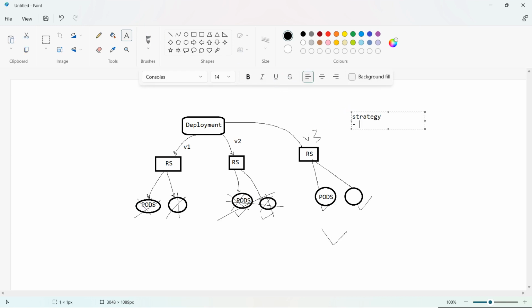One is like a rolling update, and the way I have explained the functionality or the workflow over here, that belongs to the rolling update. Rolling update matlab one pod in the new replica set will get created, and once that is up and running, one pod from the old replica set will get deleted. Again one pod will be created in the new one, and one will be deleted from the old one. So likewise things will happen in case of rolling update, that is mainly for the high availability. Okay,